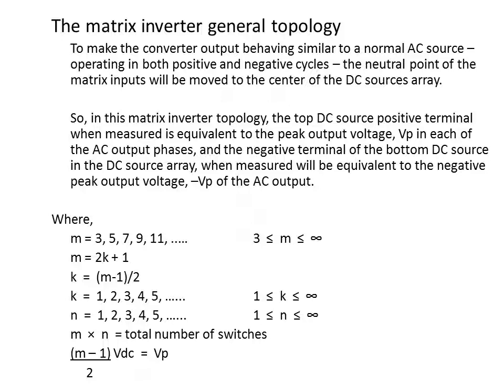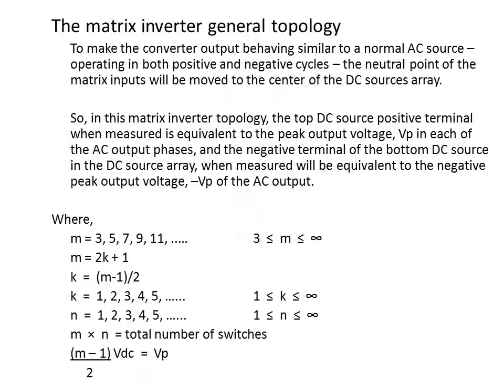To make the converter output behave similar to a normal AC source, i.e. operating in both positive and negative cycles, the neutral point of the matrix input will be moved to the center of the DC sources array. So, in this matrix inverter topology, the top DC source positive terminal when measured is equivalent to the peak output voltage, Vp, in each of the AC output phases, and the negative terminal of the bottom DC source in the DC source array when measured will be equivalent to the negative peak output voltage, negative Vp, of the AC output,